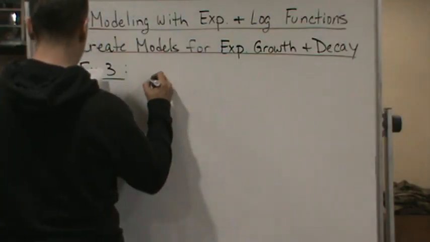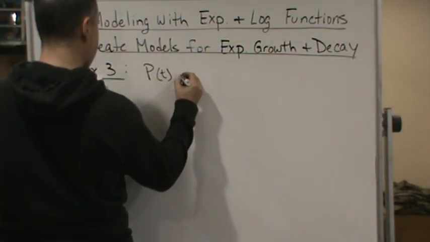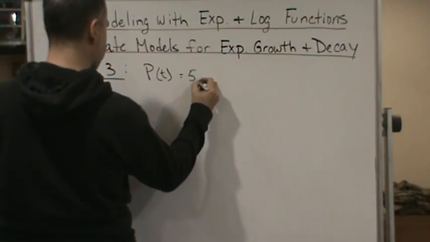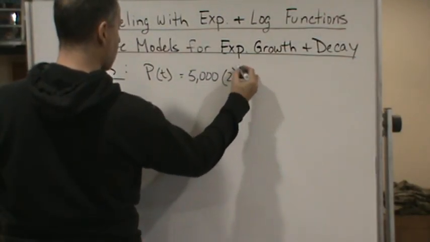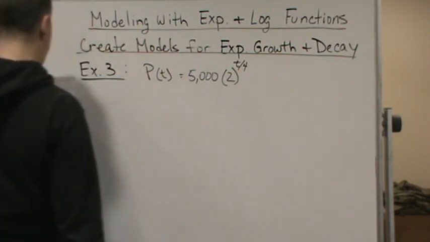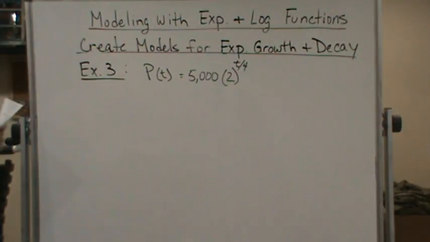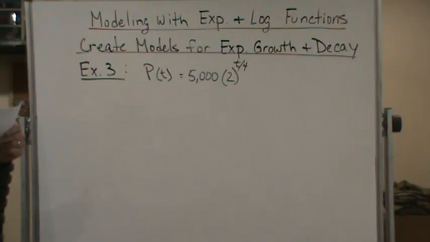So this function is P of T is equal to 5,000 times 2 raised to the T divided by 4. Now where T is the time in hours after the culture started, it says write the rule of this